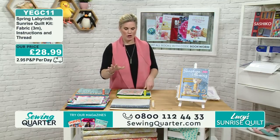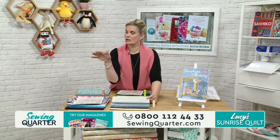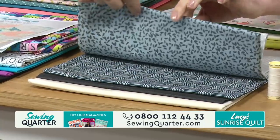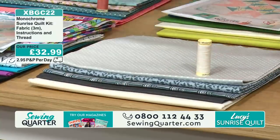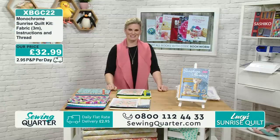And then your monochrome is the last one to show you. And again, this is going to be the closest one to the one that we were just laying the other pieces on top of. Half a metre, half a metre, half a metre, half a metre, and 1 metre of your ivory. That's how that is broken down. Your thread, your instructions, and you are good to go. That's $32.99,